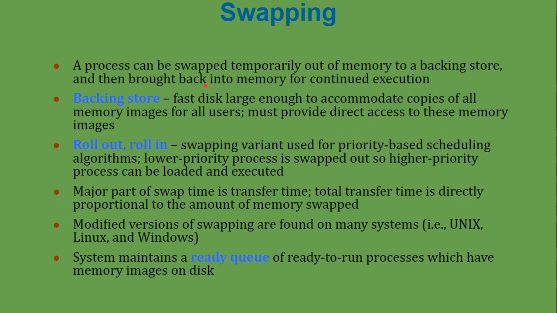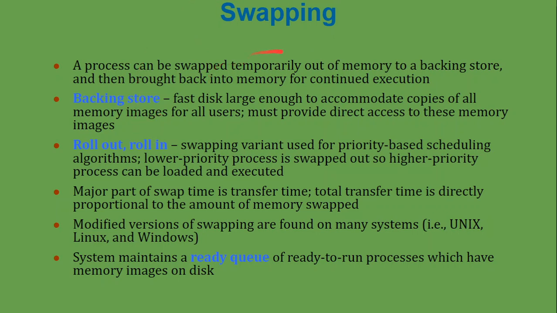Next, the topic is swapping. Swapping is temporarily taking data or memory out of the main memory. As we know, main memory is the only area the CPU can access to do any processing. In that case, all the data has to be brought from the backing store to the main memory, so that the CPU can access and process the data or instruction. That process is called swapping.